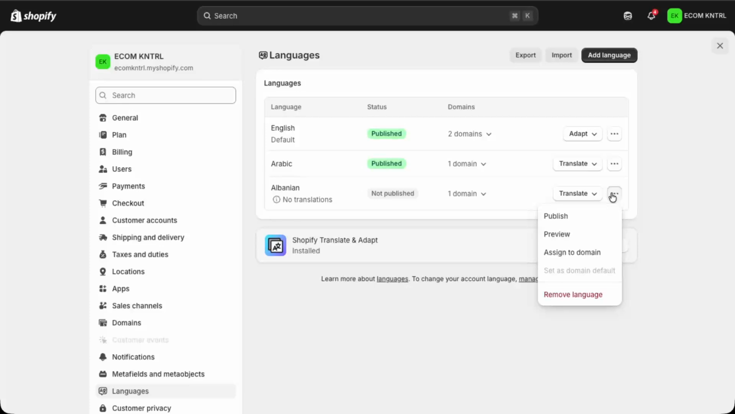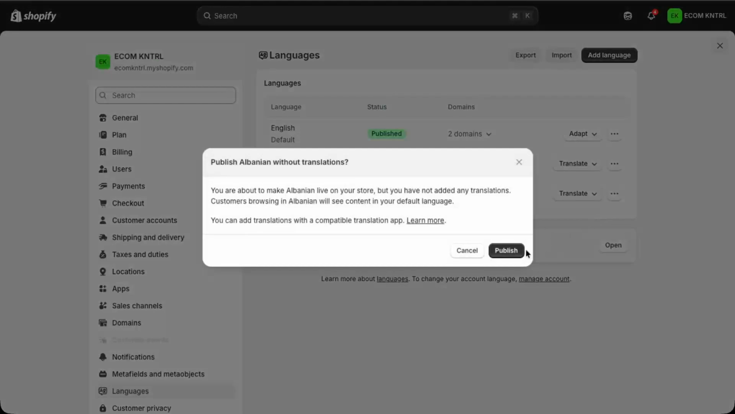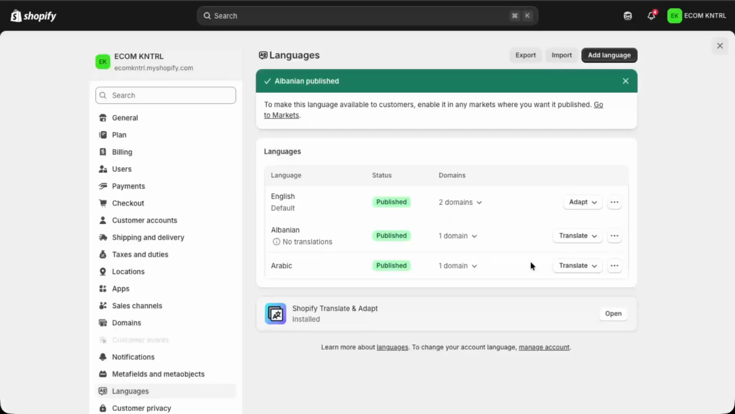To make it live on your storefront and enable the language switcher for your customers, click on the three dots next to that language, then click on Publish. A confirmation window will appear. Click Publish again to confirm. Once that's done, your new language is active, and Shopify will automatically add a language switcher to your online store, allowing